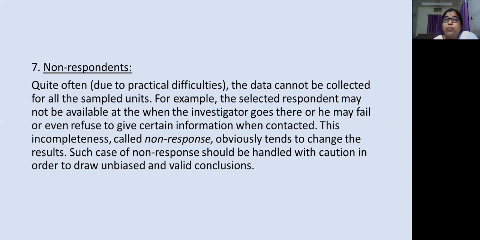And then there would be non-respondents. I said that 98% of my students fare very well in the exam. What about those 2% students? They also should be included in the sample. Now, ma'am, they are not coming regularly, what can we do? You may ask this question. If they are not coming regularly, we have to find out the reason. We have to trace them and write the reason. Okay?